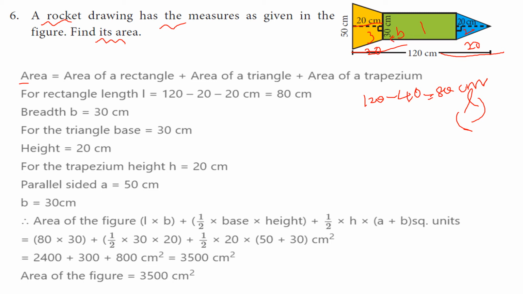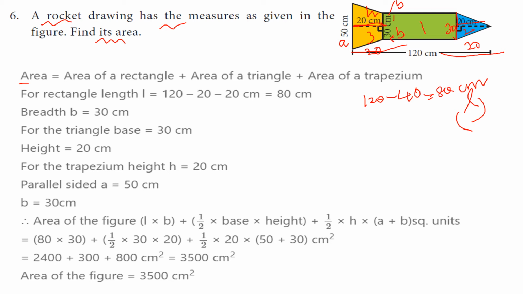So the triangle also has base 30 centimeter and height 20 centimeter. And the trapezium also has height 20 centimeter. Here A is 50 centimeter and B is 30 centimeter. So all measurements we calculated. So now, the area of the